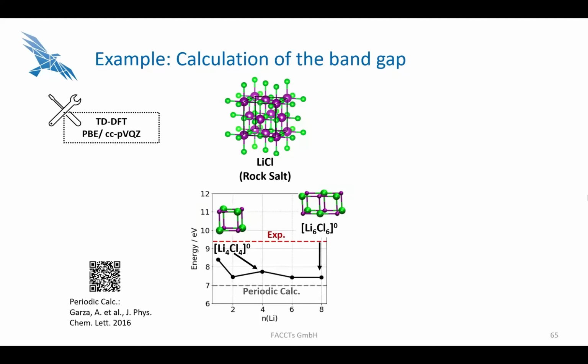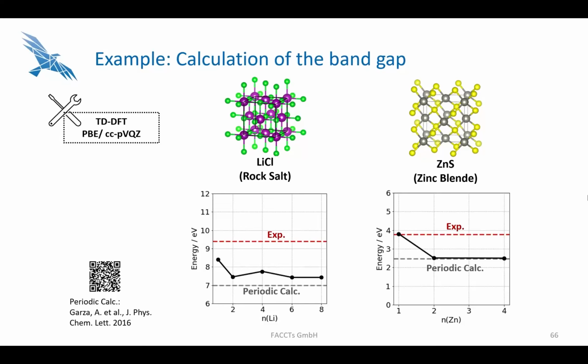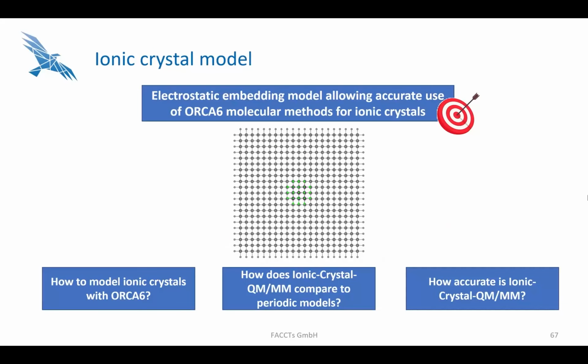We have done this convergence here by calculating the optical band gap of lithium chloride using time-dependent DFT. And you can see that the band gap is not only converging with the quantum cluster size, but also approaches the result predicted by the periodic calculation using the same functional. This is not only the case for lithium chloride, but also, for example, for zinc sulfide. So from these results, we know now that we can get, with our electrostatic embedding approach, comparable results to the